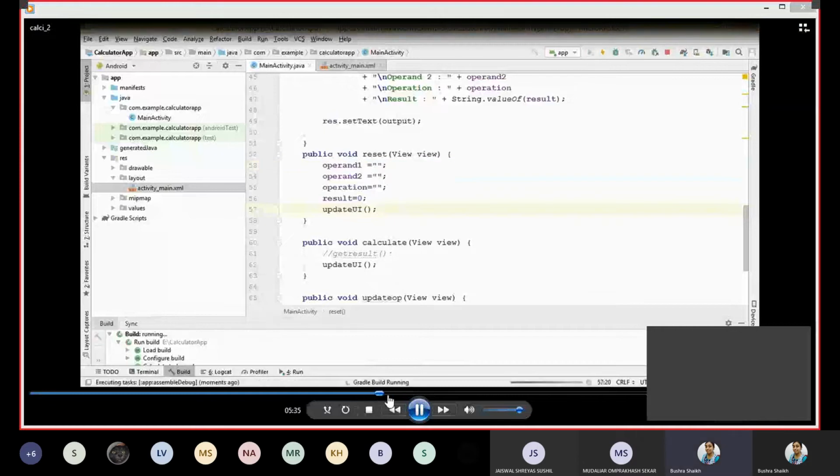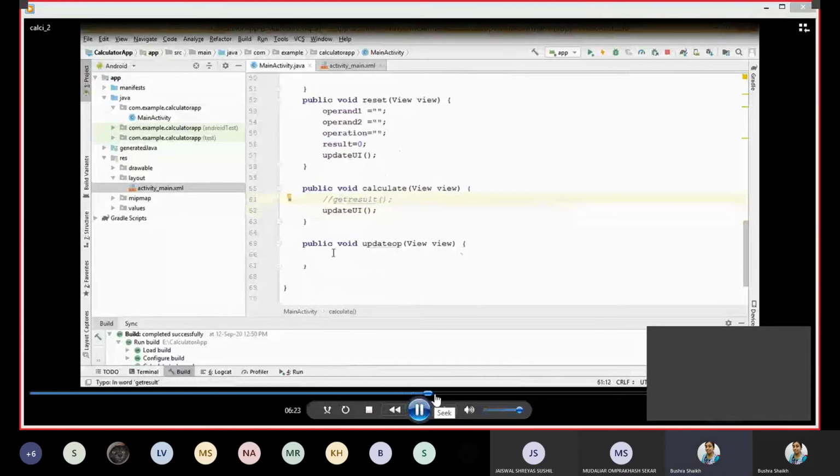I think there was some problem, so I was trying to rectify that. For that reason, I just commented out this get result because the prototype of get result was yet to be declared. So it was showing me an error when running the code. That's why I commented it. I'll just forward this part, and we'll get back to the implementation of these two methods later.